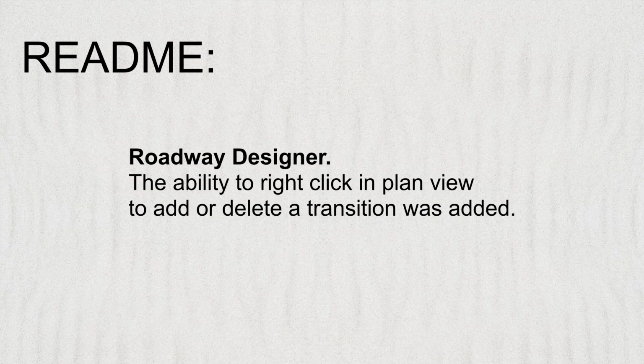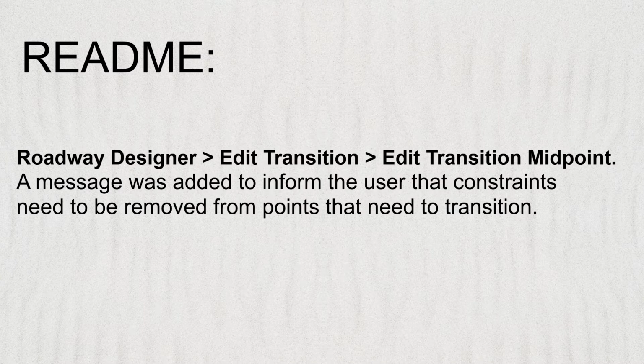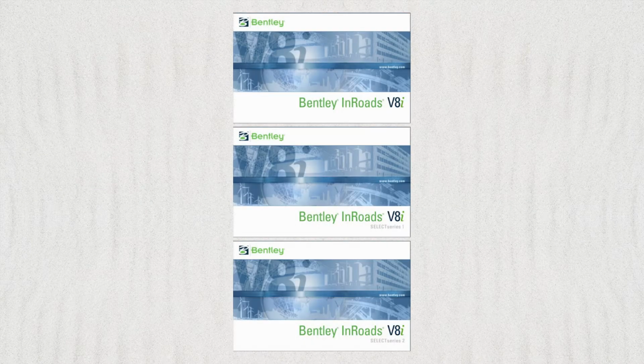Roadway Designer, the ability to right-click in Plan View and add or delete a transition was added. Roadway Designer, edit transition midpoint, a message was added to inform the user that constraints need to be removed from points that need to transition. Now those are all things that were in the README file that occurred in the SS1, SS2 enhancements. And to me, those are the things that are relevant to this